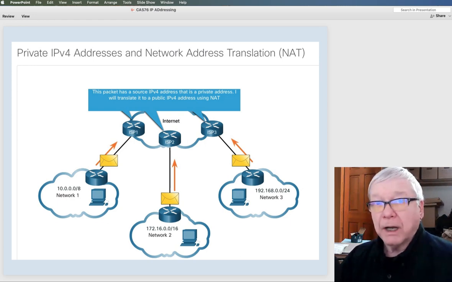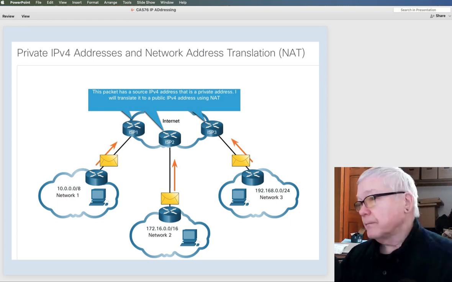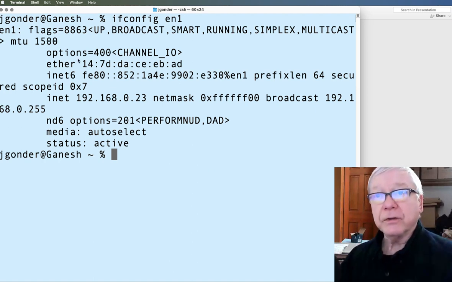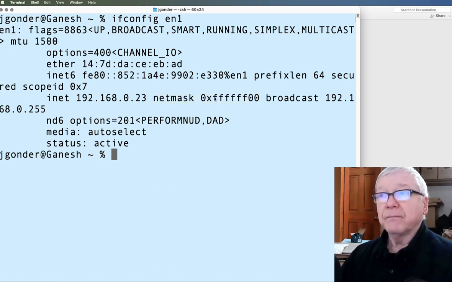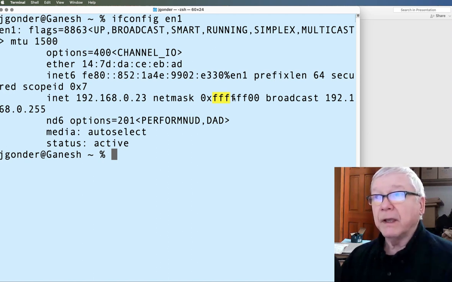What is your IP in the real world? Well, if I run ifconfig here on the Mac I'm using, I see that my local area network address is 192.168.0.23. Now, the net mask, as it's presented here in the Unix operating system, is written as hexadecimal instead of 32-bit decimal: 0xFFFFFF00, meaning FF in hexadecimal is the same as 8 ones, 8 ones, 8 ones.